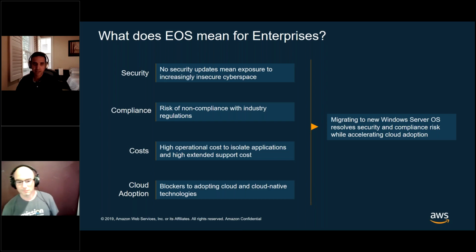The second problem that enterprise customers run into is around compliance. If you're running an end of support operating system, chances are that you are not in compliance with the regulations that have been set by your organization. So compliance becomes an issue. In most cases, when you have an end of support operating system, you have to run that operating system in isolation, mainly because you don't have access to security patches, and you want to make sure that that application is not able to get in touch with the other applications and vice versa in your setup.